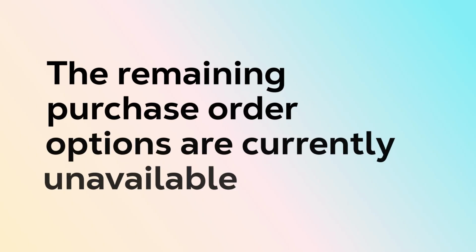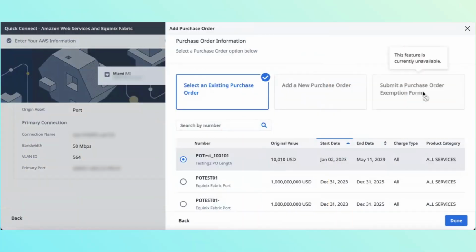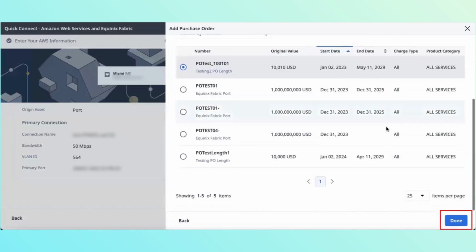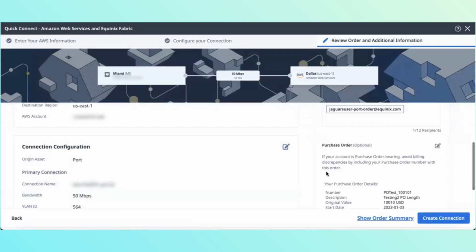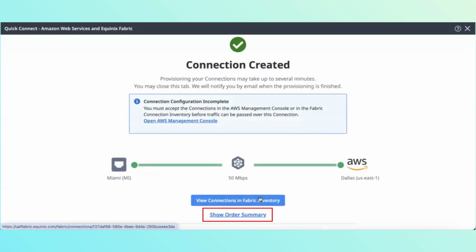Note that the other two options, Add a new purchase order and Submit purchase order exemption form, are currently not available. Proceed by clicking on Done. Review the information provided as necessary and hit Create Connection. Additionally, users can also view the purchase order detail on the Order Summary PDF,